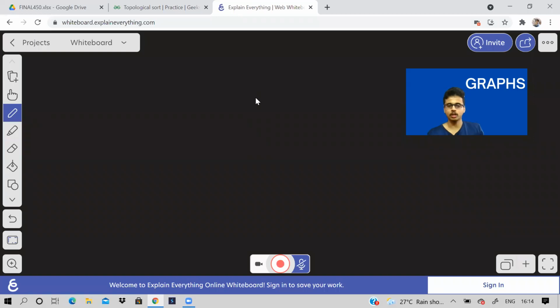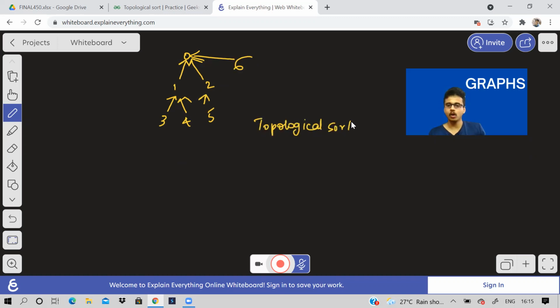So what is this topological sorting? Basically, if we have a graph that looks something like this, okay. So if we have a graph which is like this, then topological sorting means basically an ordering of vertices of the graph.